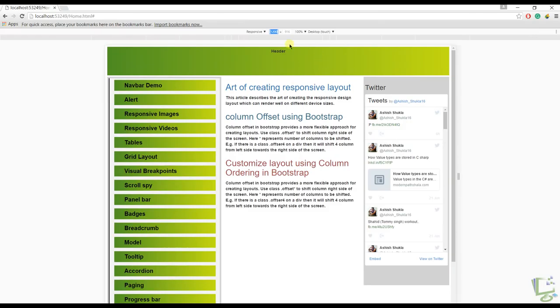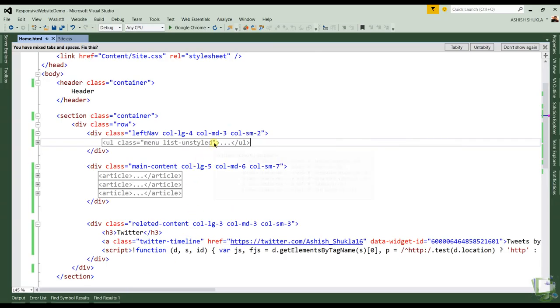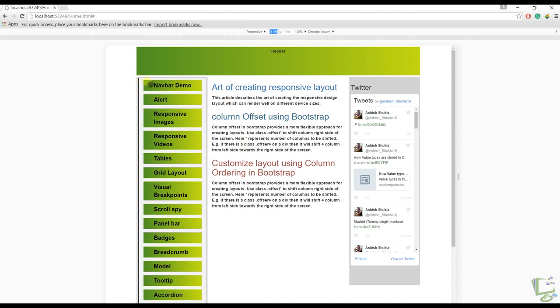Now we have simulated our browser as a medium size device. We have defined the layout for the medium size device as left navigation taking 3 columns, main content taking 6 columns, and related content taking the last 3 columns. So we have 3 columns for the left navigation, 6 columns for the main content, and the last 3 columns for the related content.